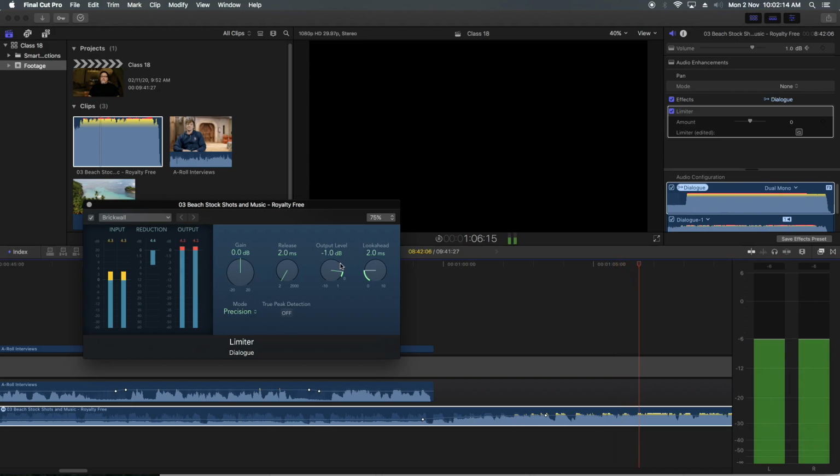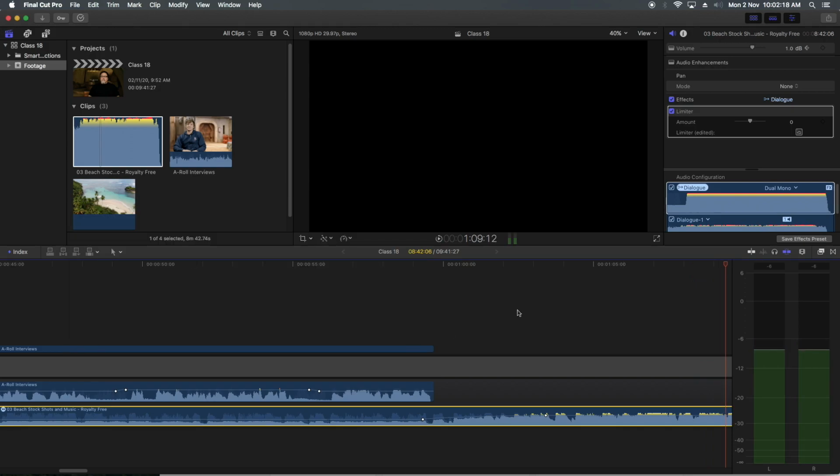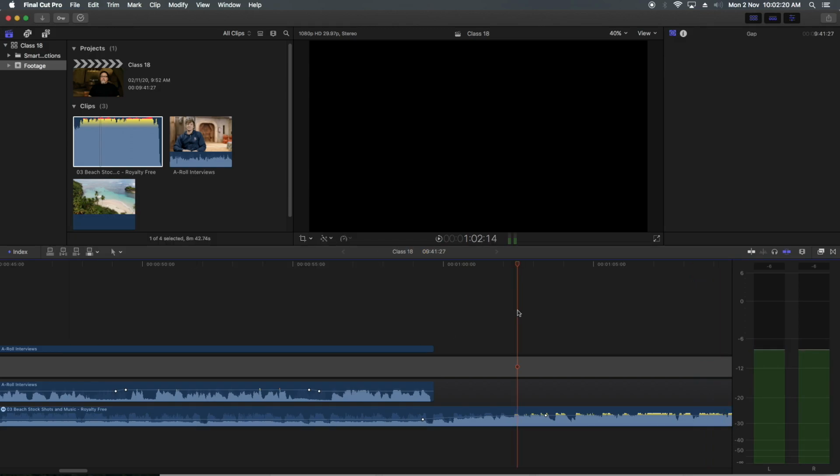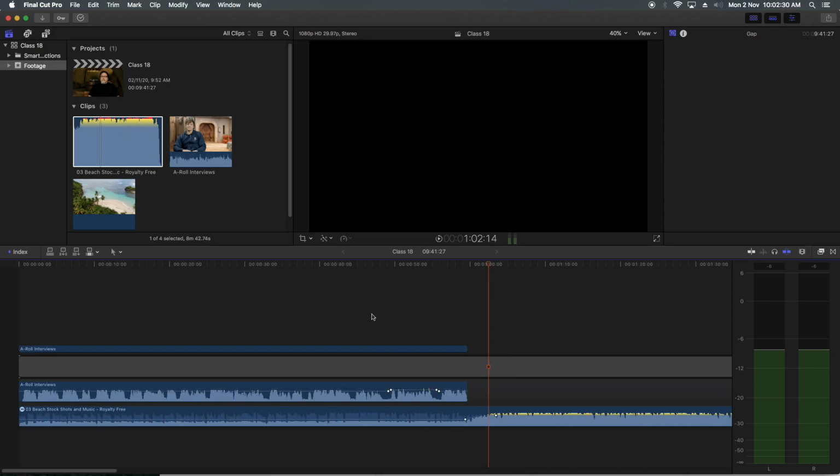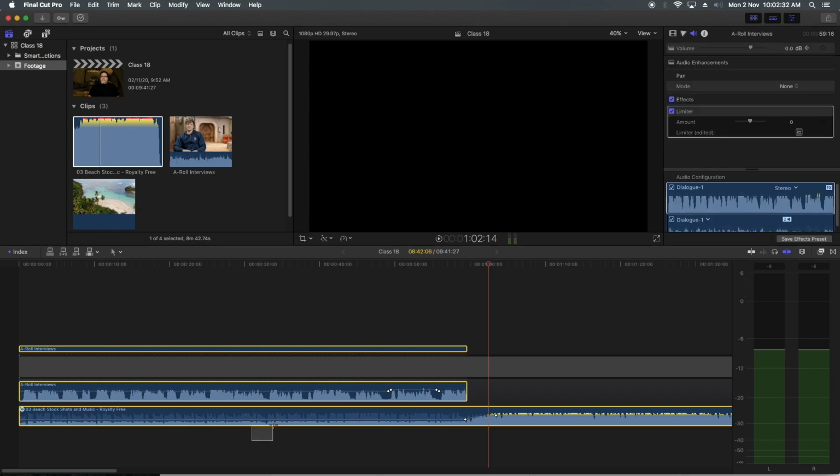So now we are doing two different things with our limiter, and this is a very beautiful filter for mastering our audio tracks.